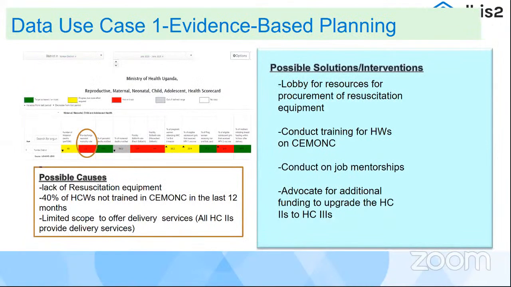So before us is the first data use case, where we used the scorecard in evidence-based planning, and we see the reproductive, maternal, neonatal, child, and adolescent health scorecard for the last financial year. The district health team identified as one of the least performing indicators the pre-discharge neonatal mortality rate. In the conversations the team had then, the possible causes were lack of resuscitation equipment, 40% of healthcare workers not trained in comprehensive emergency obstetric and newborn care in the last 12 months,